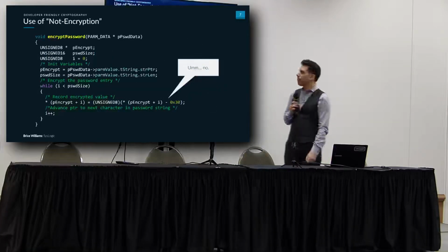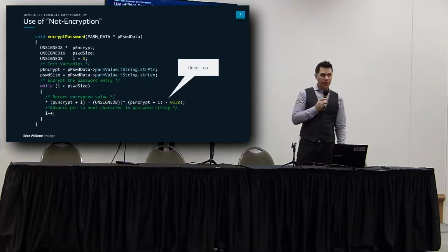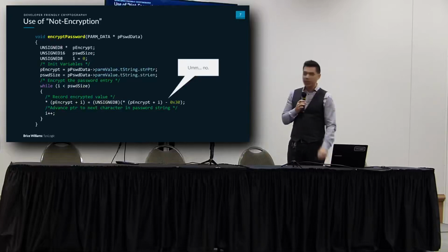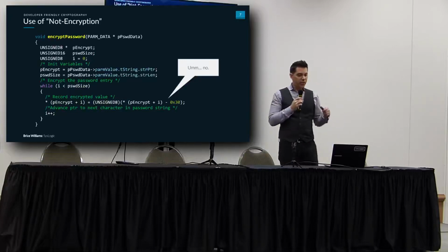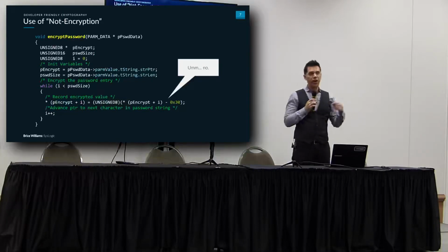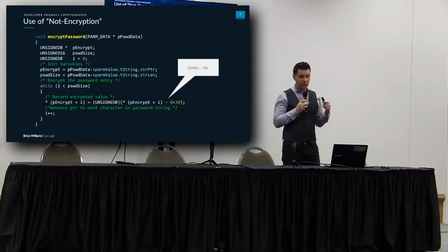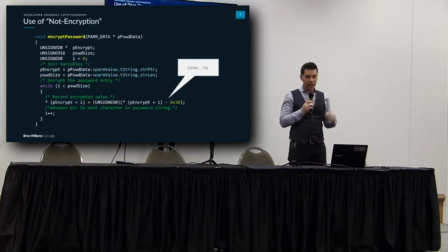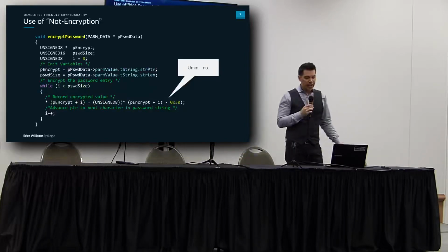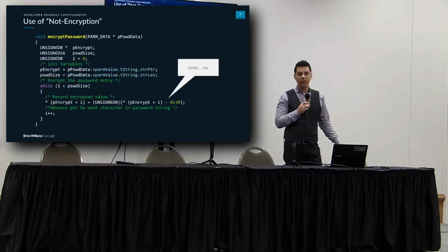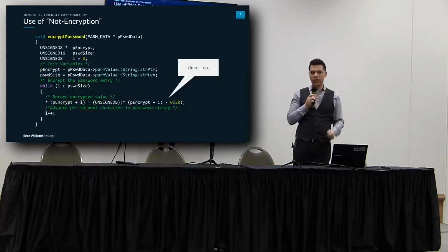So here's my first example. Use of not encryption is what I call it. If you're in the back, you might not be able to read all of this, but essentially this is in C code. In fact, all of my code examples are in C. This is from an actual assessment that was performed. We ran across this function, I think I ran across this one, called encrypt password. Just skimming through this right away, I knew we had a problem because there's no mention of any algorithms, any cryptographic algorithms or ciphers.